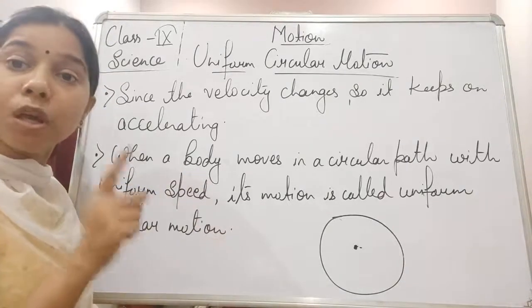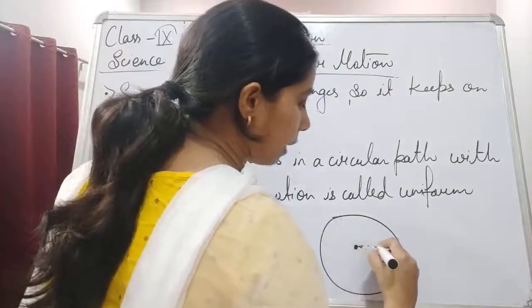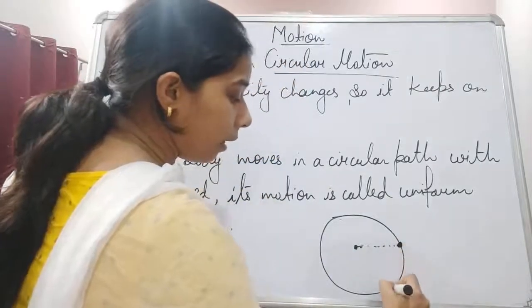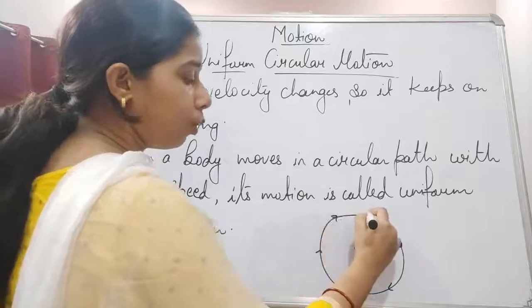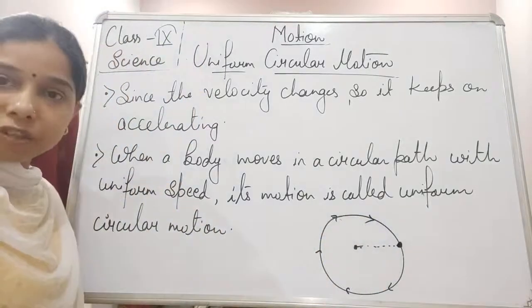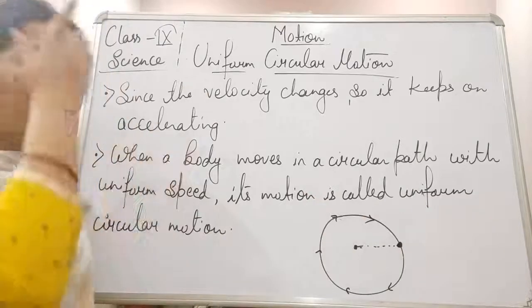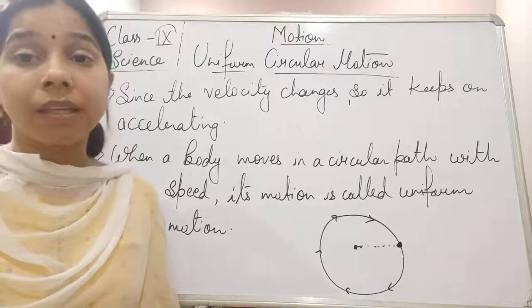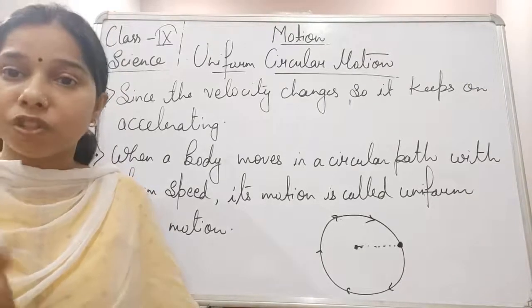That will be the uniform circular motion. So here he is standing, and he has taken the thread, the stone is here, so he is continuously rotating the stone, due to which a change in direction happens. And as the change in direction happens, students, we know that change in direction will also affect the velocity, because velocity keeps on changing.